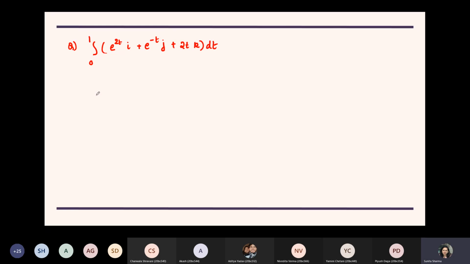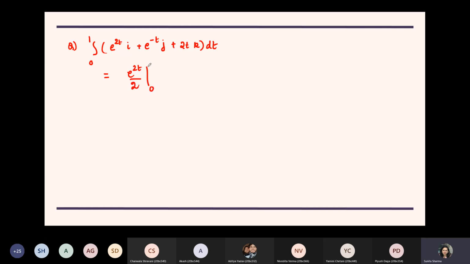Obviously in the final answer you will not have any term in t, because you will substitute t as 0 and 1 and you will get the final answer. If we want to integrate such expressions, we split them component wise and integrate. So the integral of e power 2t is e to the power 2t by 2